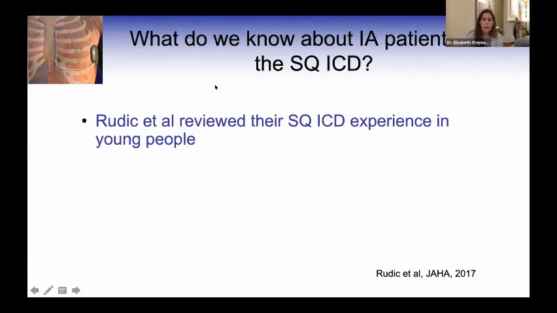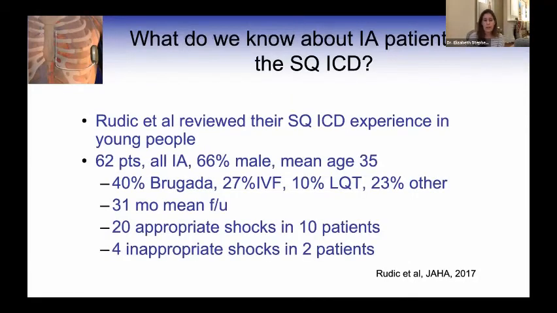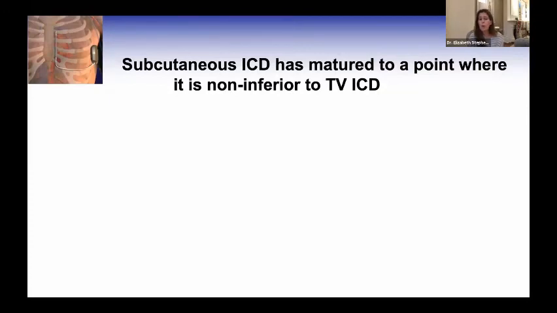Well, Rudick et al. around the same time reviewed their own sub-Q ICD experience. And in this group, they had 40% Brugada, 27% IVF, 10 long QT, and 23 other. And they showed 20% appropriate shocks in 10 patients and 4 inappropriate shocks in 2 patients, relatively similar to transvenous rates. So overall, we can see that the subcutaneous ICD has matured to a point that it is non-inferior